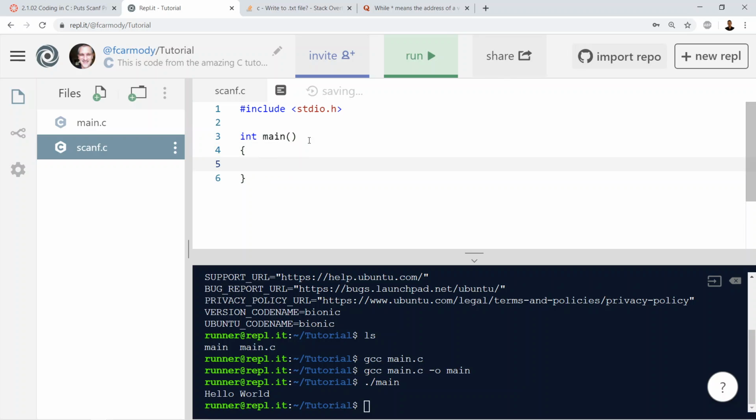All right, so we have our main function. Our main function doesn't have any parameters coming in, so we're just going to go ahead and do void. Okay. All right, so now what we're going to do is we want to print out a statement, right? Let's say we want the user to make a guess at a number, okay? And we want to print out, you guessed the number,